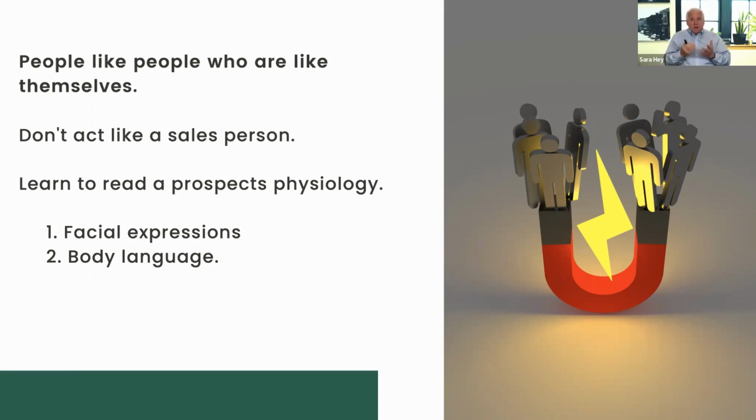So again, the facial expressions are there. Eyebrows are up, mind is open, I'm comfortable interacting. Eyebrows are down, I'm not comfortable, I want to be left alone for a little bit. So let's start with the eyebrows up. So if we walk in and the person's eyebrows are up when they walk in,